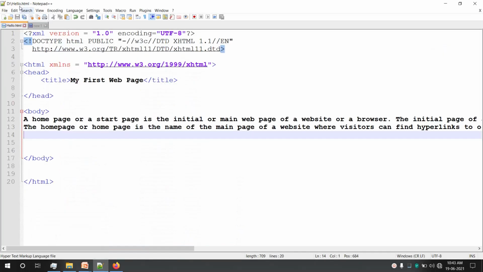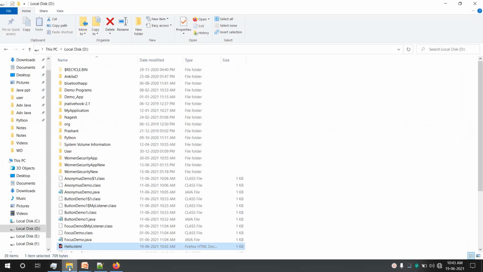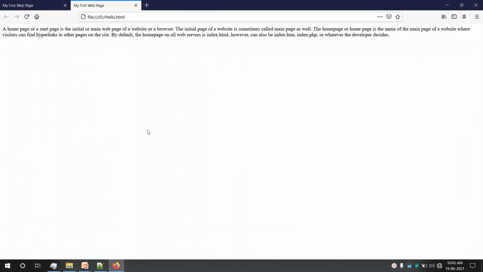The file name, if you can see here, is hello.html. It is in D drive. I'll go to D drive and open this file. Now this is the output of the file when I executed it. Now when I add the content inside the paragraph tag, we will see what difference this makes to the content.